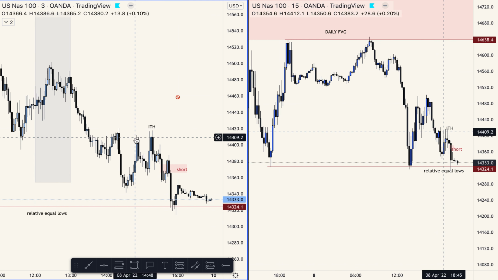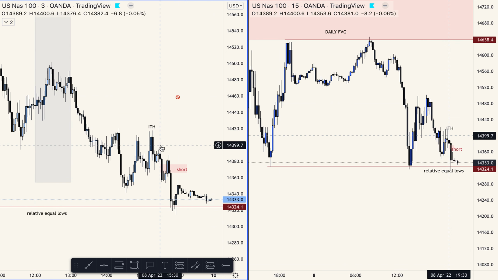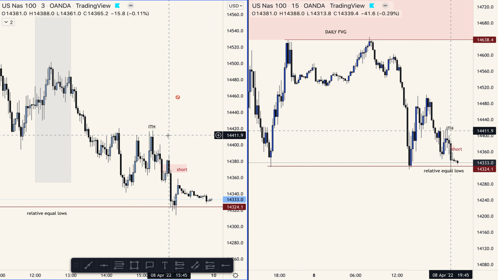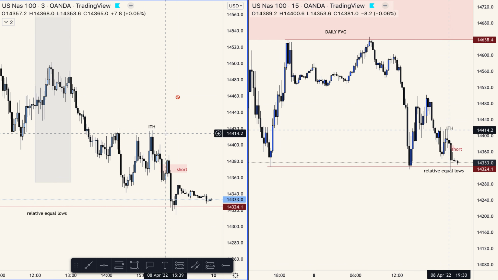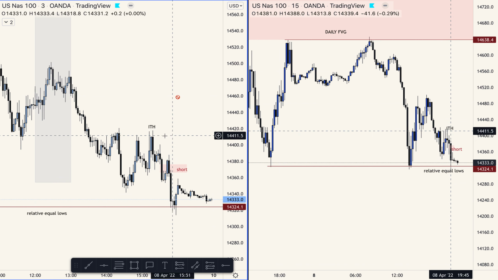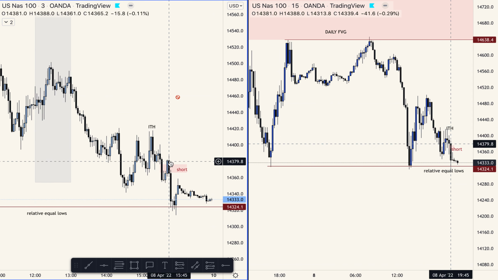And there's this swing right here is lower than this swing, and this swing to the right side is lower than this swing. So this forms an intermediate term high, which is a high that should not be violated. And as you can see, it doesn't get violated. Price just continues to trade lower,